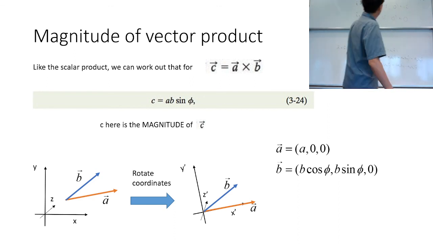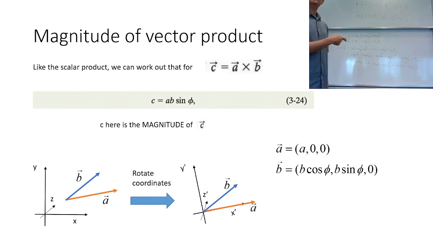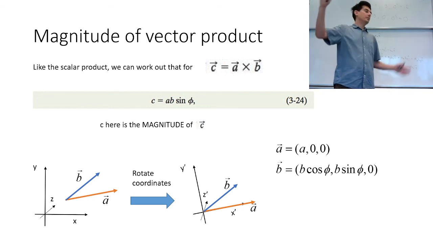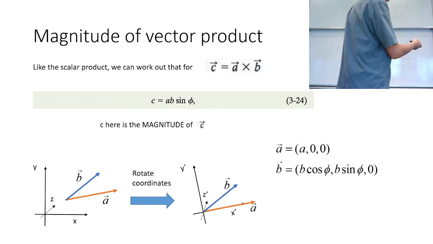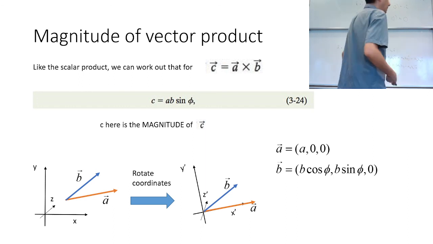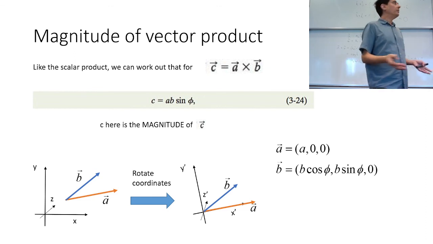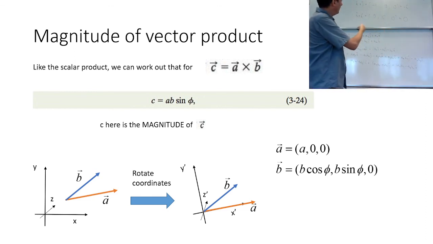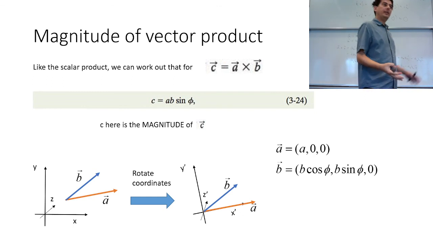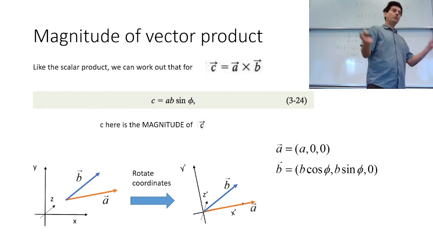So despite this very bizarre looking rule, if you rotate your coordinates and you calculate the vector product, you'll actually always get the same answer, which is pretty surprising in a way. It's such a weird looking rule, and so what must happen is that when you rotate your coordinates,